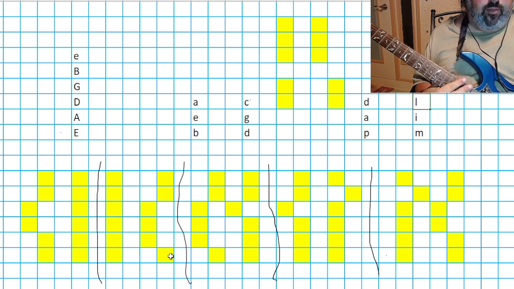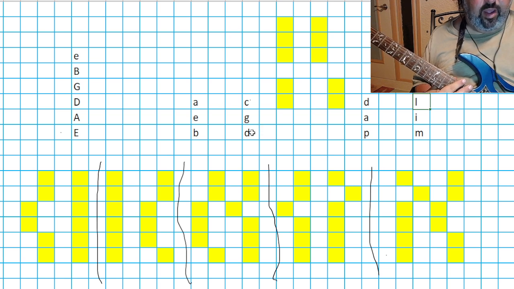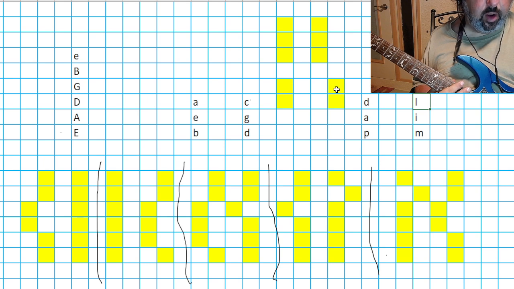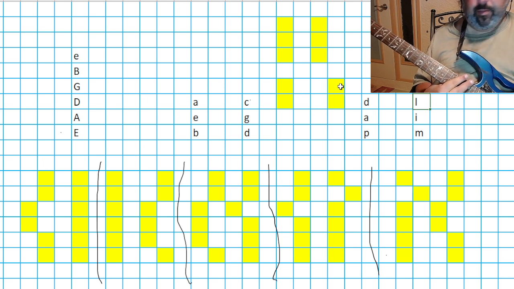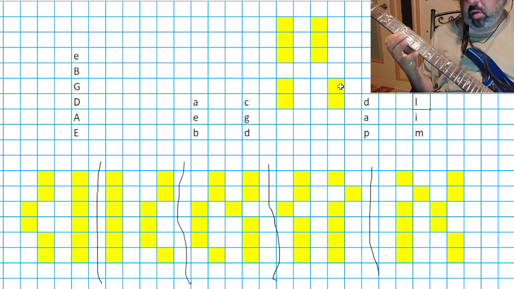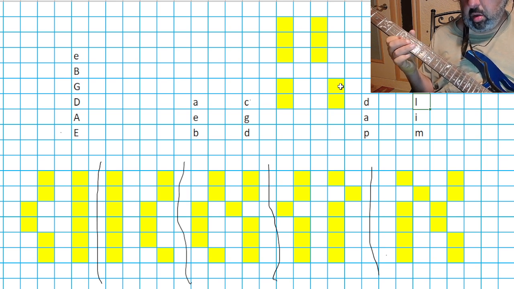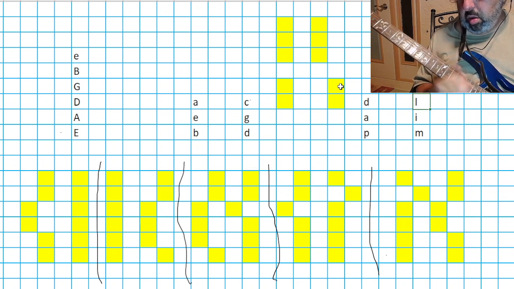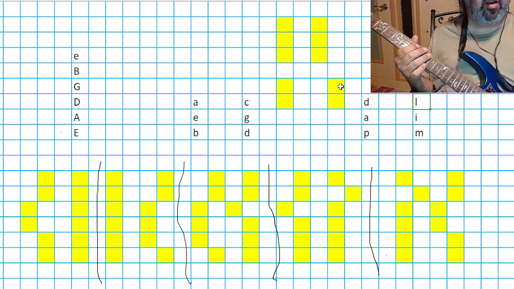So yeah, D major, for example. One thing to know about that is that these two notes right there, which is the bottom of this shape right here, okay? Made it in the wrong spot there, but anyways,